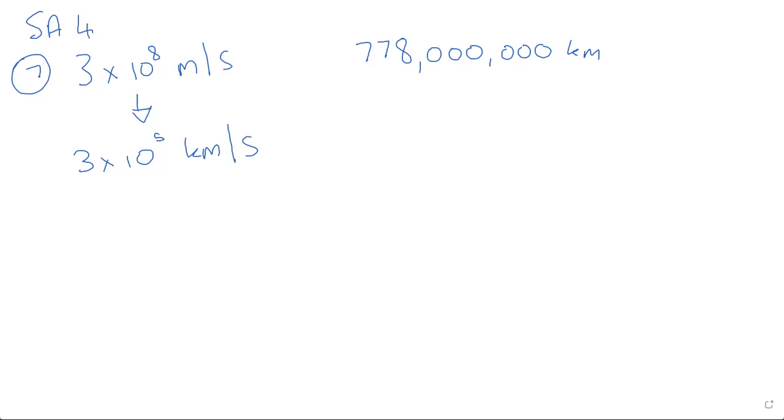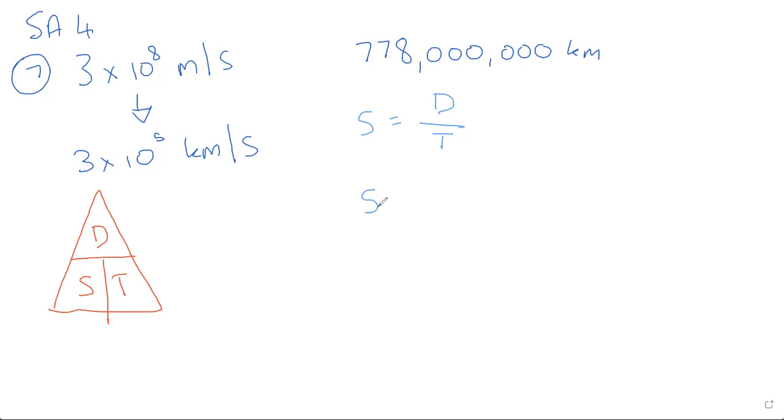Let's again look at our triangle. Again, this is exactly the same as last time: distance, speed, and time. We're trying to work out this time, we're trying to work out speed. Before we were working out time, but it's exactly the same thing, right? We're still dividing distance over time. So the speed is going to be,